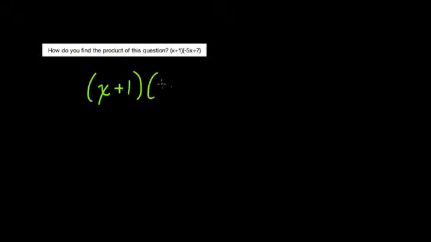Okay, so we have a question here about how to find the product. The expression we're looking at is x plus 1 times negative 5x plus 7. So we're multiplying these two terms, and this relates to a major type of problem that we solve using the